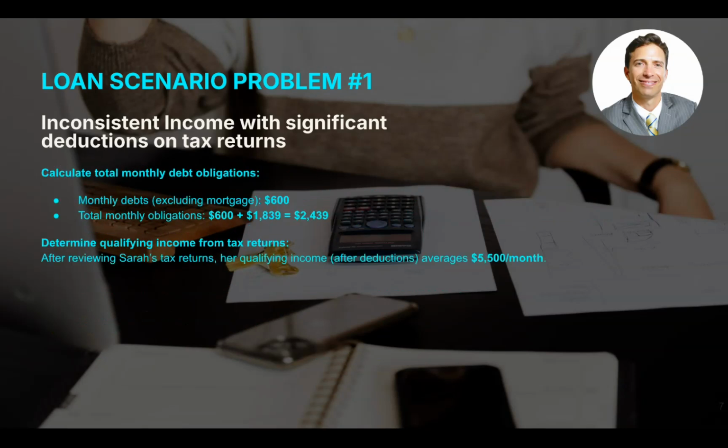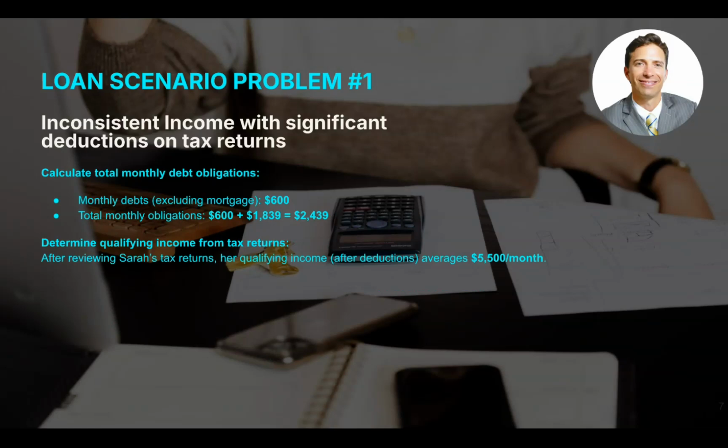Now we're going to calculate the total monthly debt obligations. So her monthly debts, excluding her mortgage, are $600. So we're going to take the total monthly obligations and calculate that by adding the $600 that she has, excluding the mortgage, plus the PITI, which was the principal, interest, taxes, and insurance we just calculated, of $1,839. And we're going to get a total of $2,439. Now, if we determine the qualifying income from her tax returns, we're going to see that after reviewing Sarah's tax returns, her qualifying income after deductions averages about